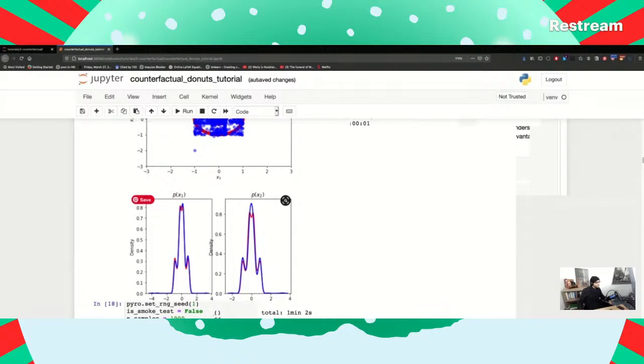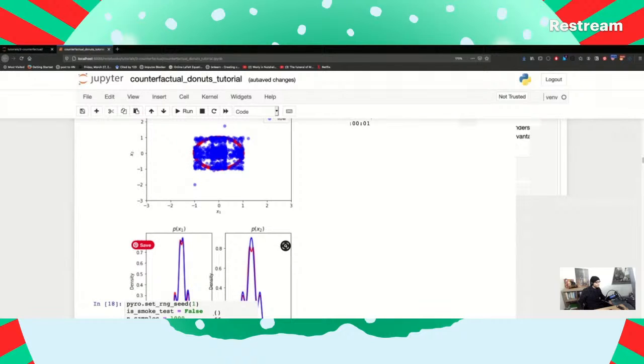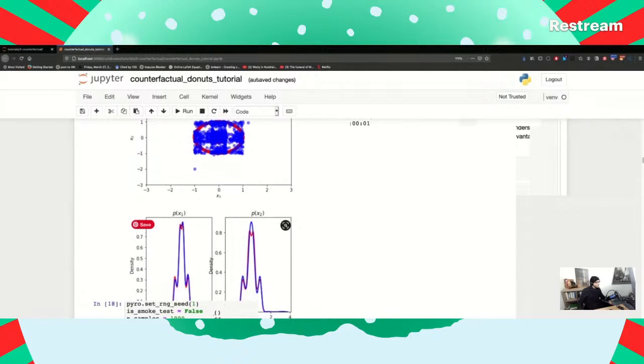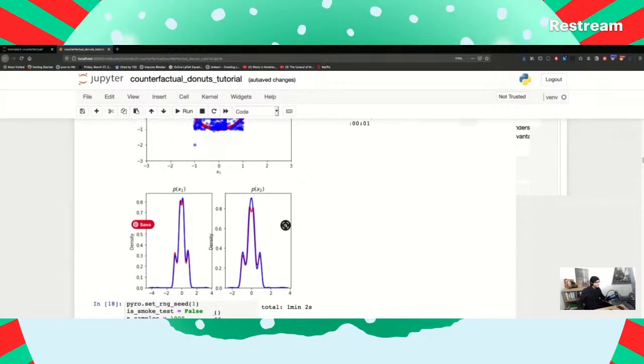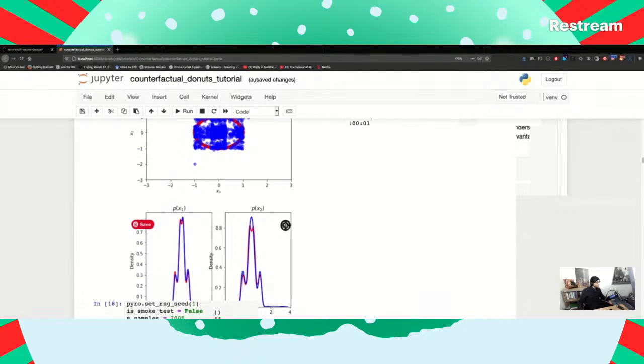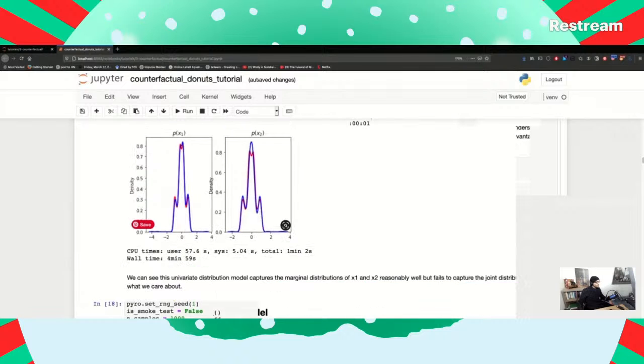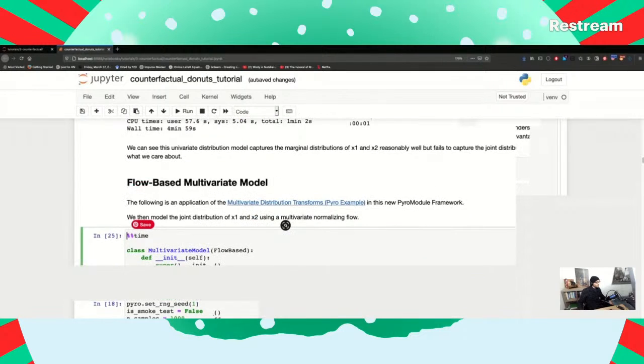It's not capturing that, so it looks like on this x2 axis, we're not really capturing the thinning of points in the middle here because we know where the hole is. But even if it were, you can still imagine that from this two-dimensional standpoint, you're still missing a little bit of nuance here because of these. It's getting kind of build-ups on these squares. But I think if you ran it more, it would probably be a little bit better.